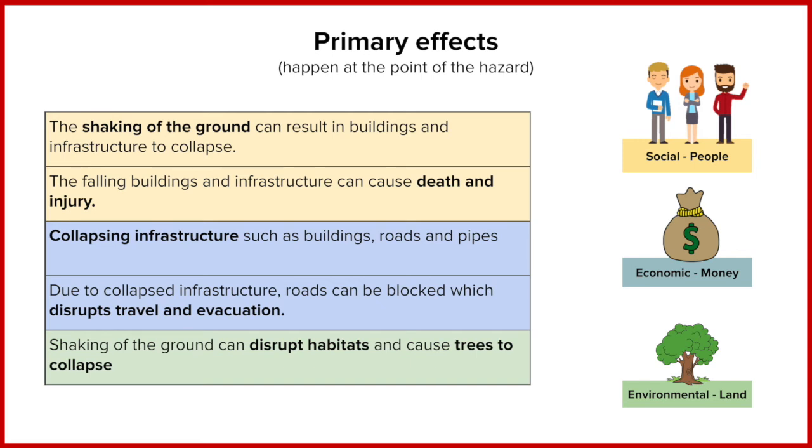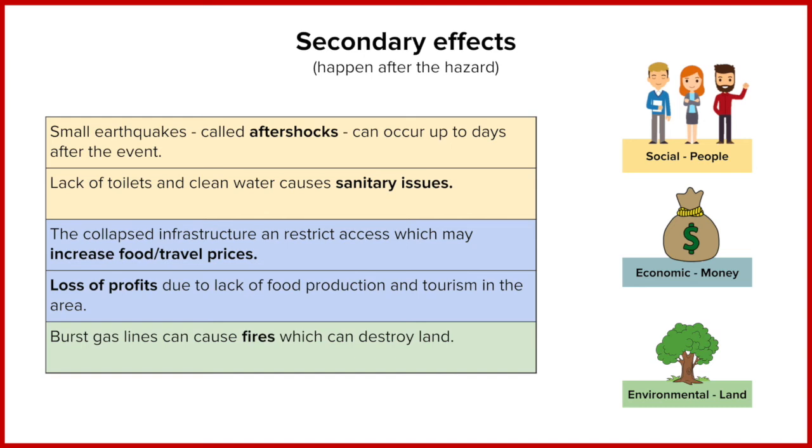So let's have a look at what the secondary effects are, or more of them, depending on your viewpoint. After the earthquake has happened, the land is starting to settle into its new resting position, the two plates, and in the process that's going to cause some smaller earthquakes, which are called aftershocks. Although they're smaller, they can still damage and cause harm, particularly given that this area has already gone through a big earthquake and is probably not ready for any more or how to respond to them. So again, that can be social, and it could also be economic.